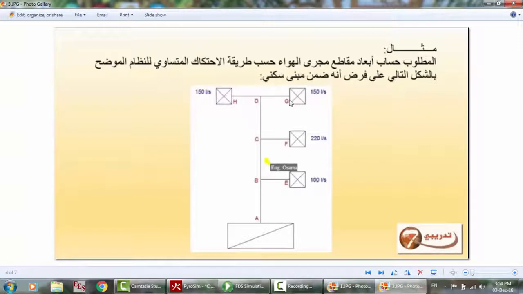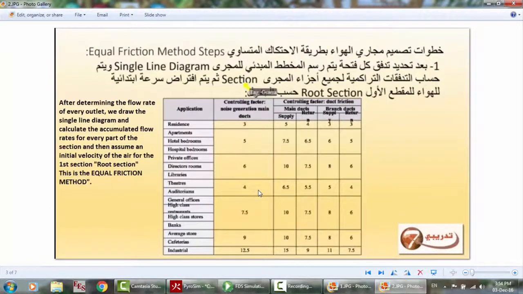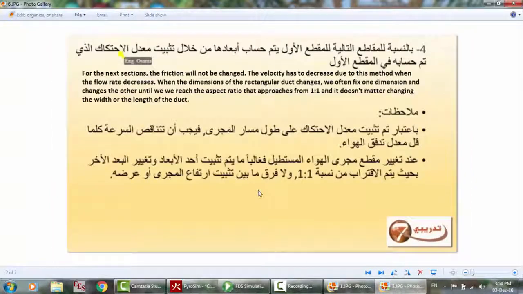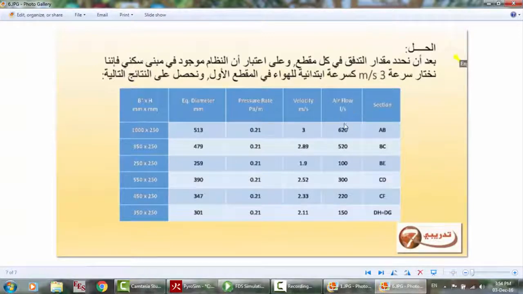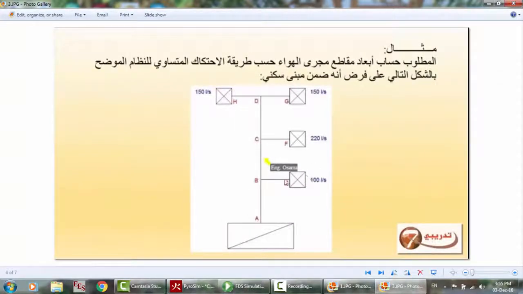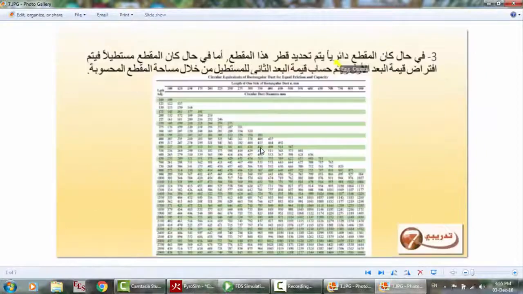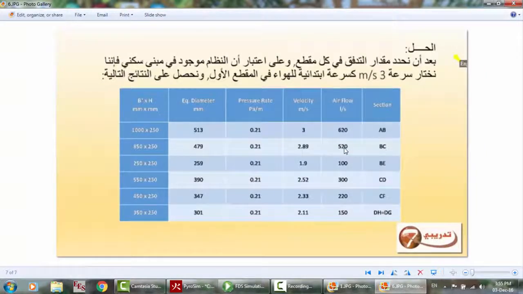150 liters per second plus 150 liters per second plus 220 liters per second plus 100 liters per second is the total flow rate. Okay, that will be provided with AB. So please take care of this. This is the total, then it decreases after providing this branch with 100 liters per second. So BC will be the total minus 100, 520. Okay,